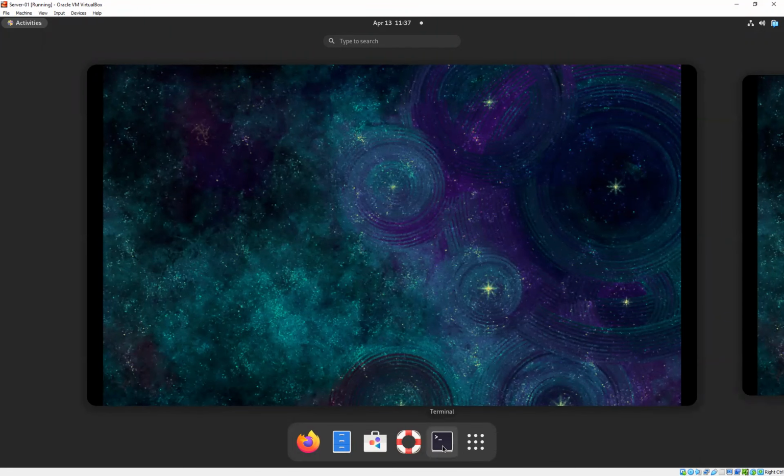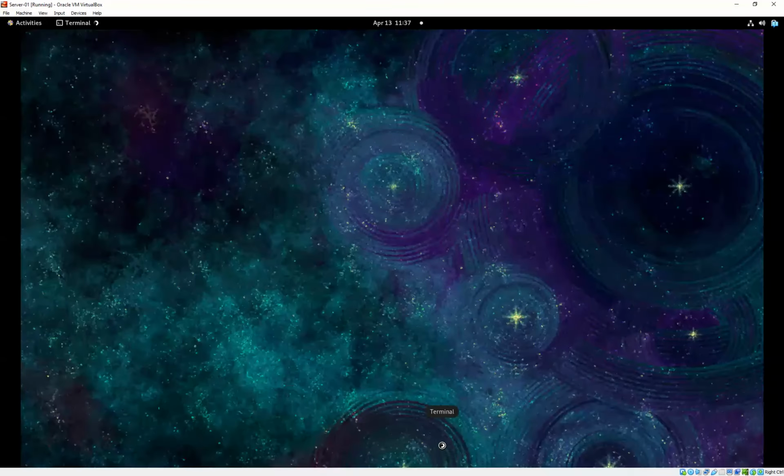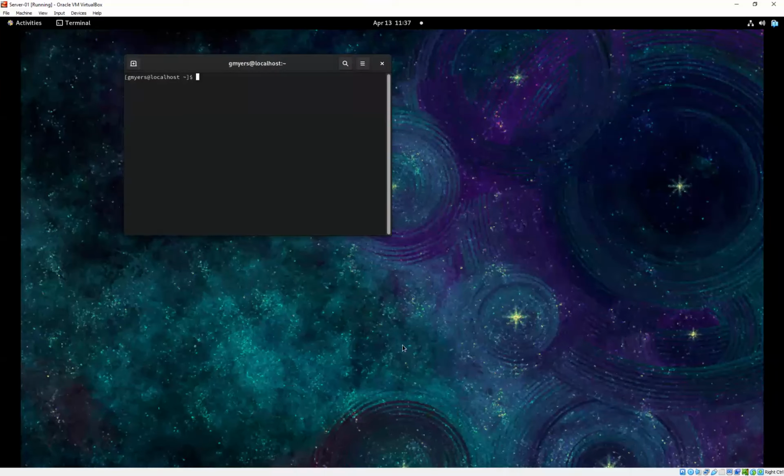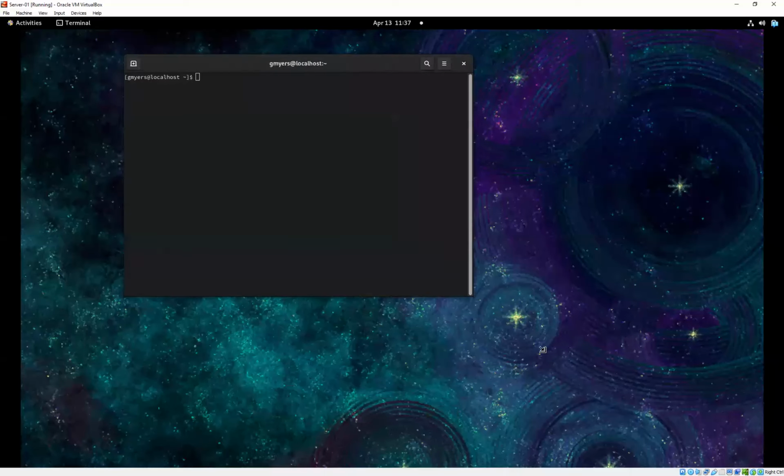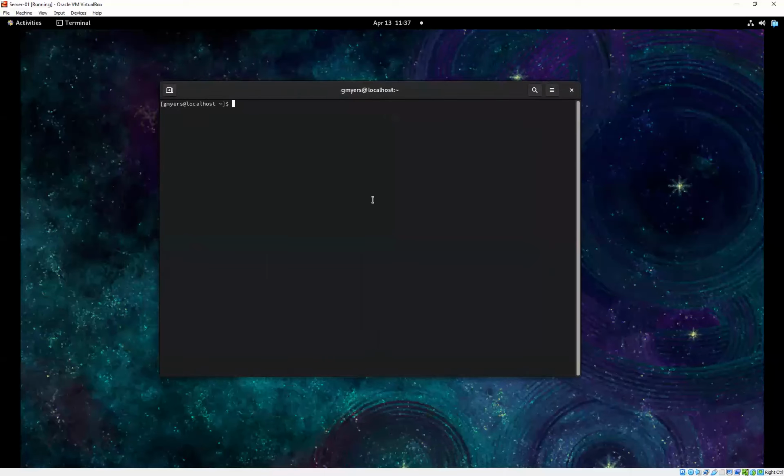There are a couple of ways that you can go about doing this. Probably the most straightforward way is to launch a terminal and check to see if the service is already running. So what we'll do is run sudo with systemctl, which allows us to check the status of various services as well as start and stop them. And we're going to look for the status of the